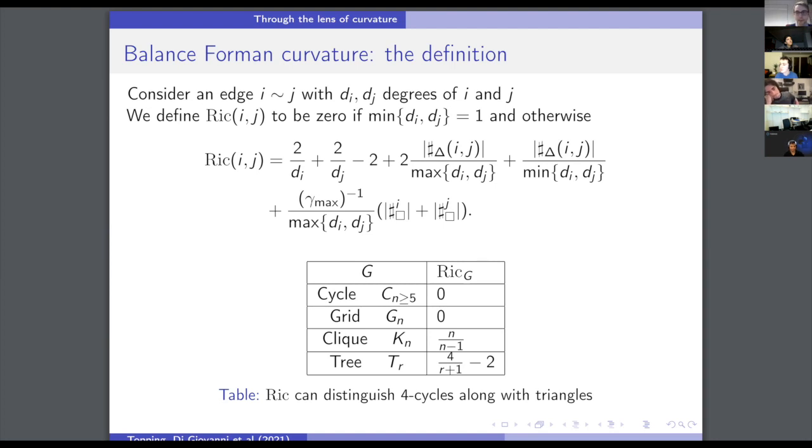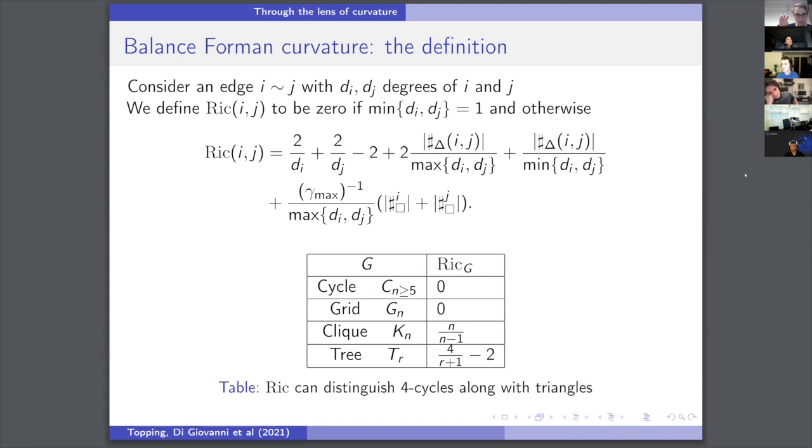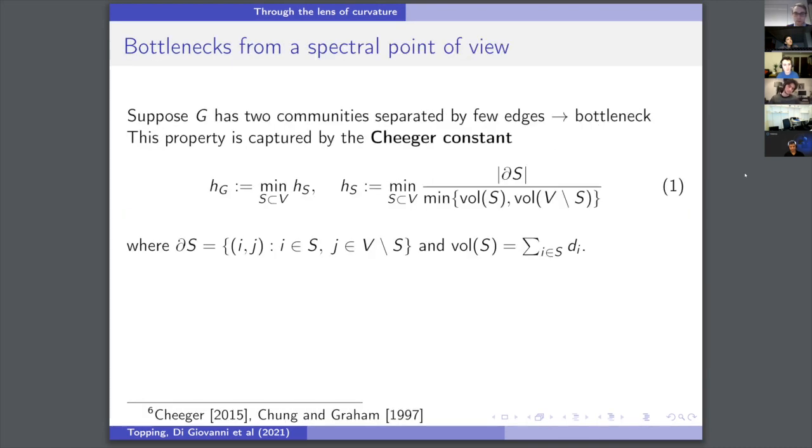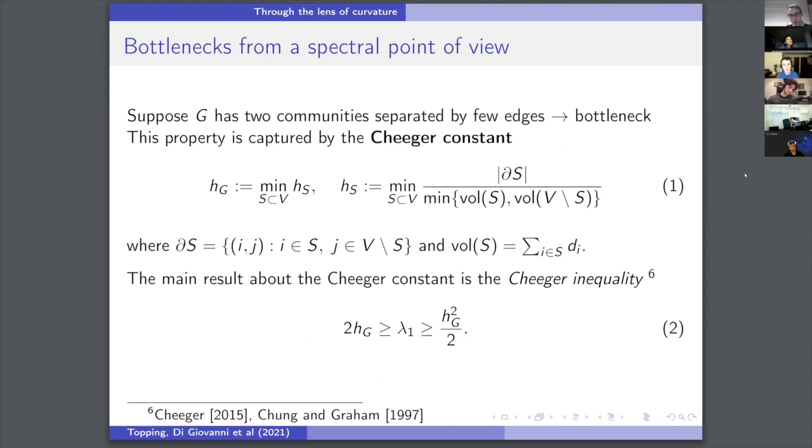Thanks. I also wanted to ask about the Jaeger constant. I find the comparison interesting. The Jaeger constant is defined on the basis of node subsets, and your Ricci curvature is defined edgewise. You rightfully mentioned the Jaeger constant is too expensive to calculate to really be used. But have you looked further into this comparison? Do you see other advantages that your curvature has over the Jaeger constant beyond that it's computationally cheaper?